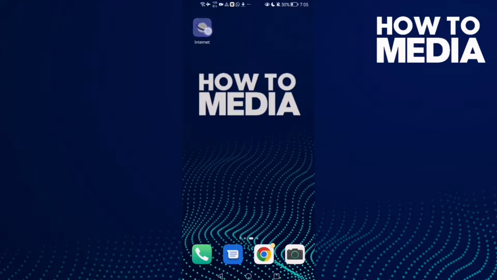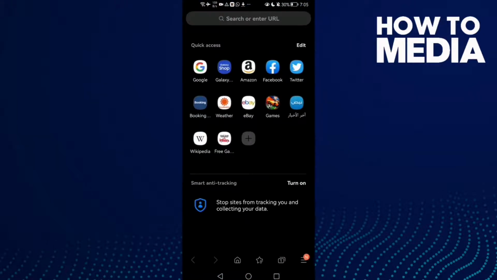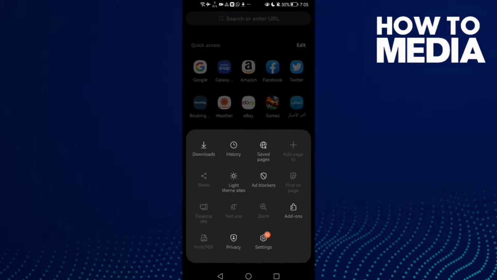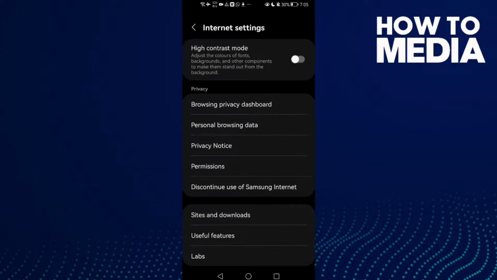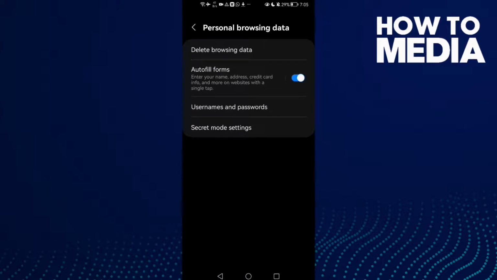First, open the browser and then click these three lines here in the bottom corner and click settings. Here you will find this one, personal browsing data. Click on it and then just click this one,